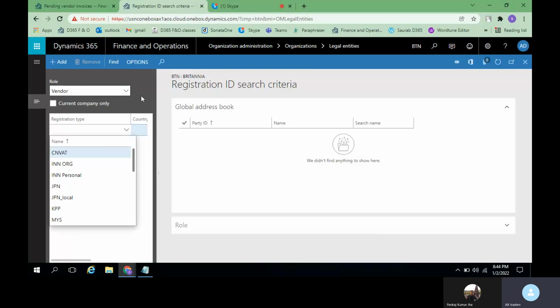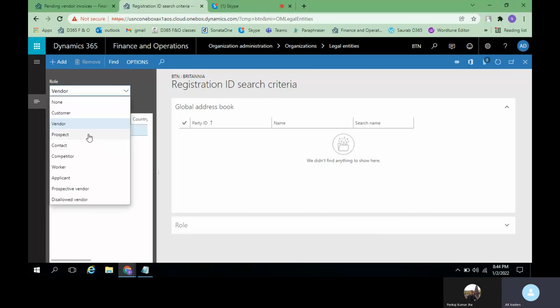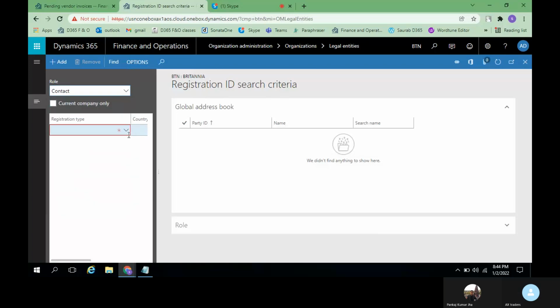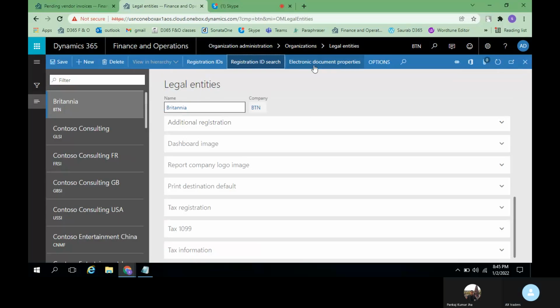Since we don't have these details, we are not going to enter any of them. Under this drop down, you can see contact worker, Senvat, INNRG. Maybe these are mandatory fields given by the government while creating the company. Since we don't have all these details, we are not going to enter them.